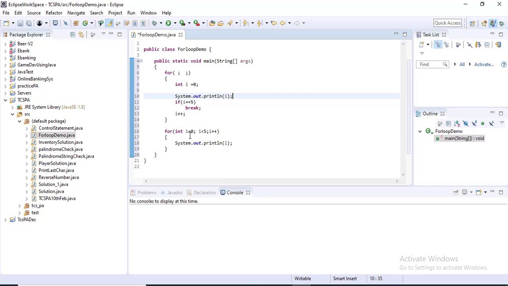Here I have changed this to x, and here also x plus plus. And here I am writing x colon plus x, so I am printing the x value, and here also I am writing plus I. Basically what I am doing is just printing the value of I and the value of x, nothing else. So if I execute this,